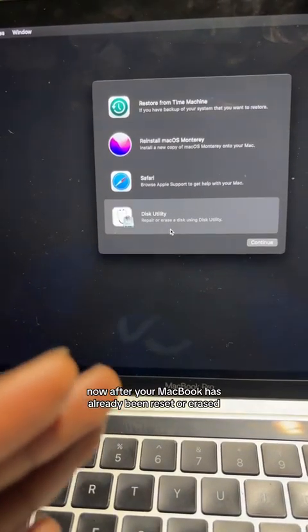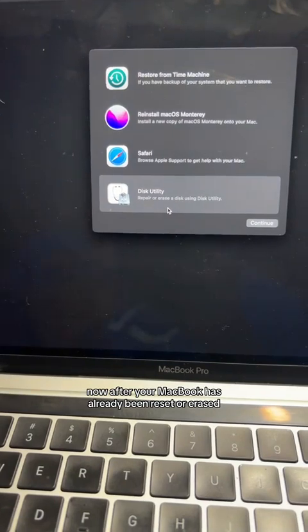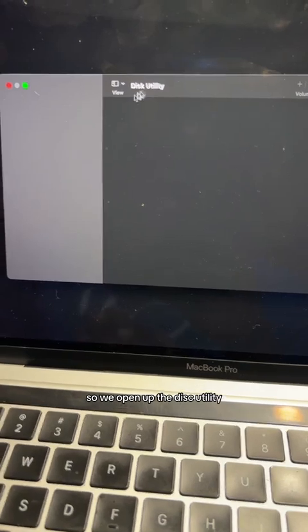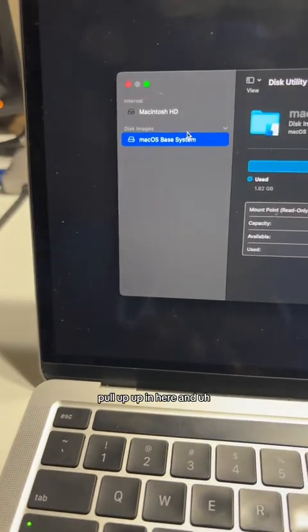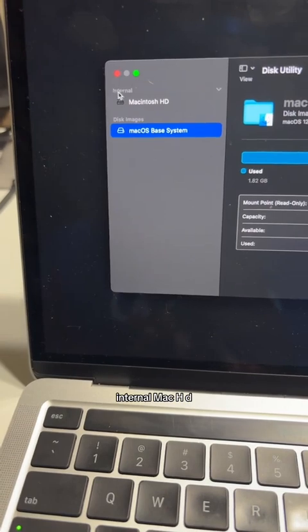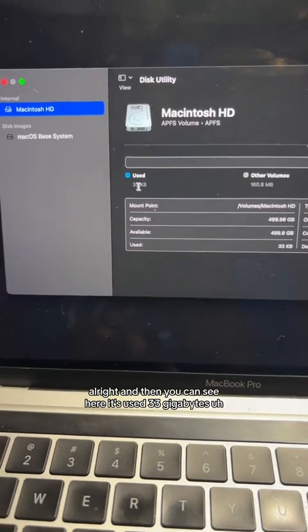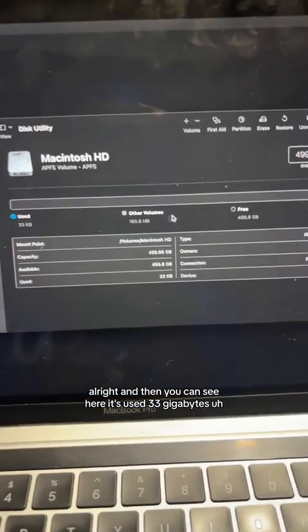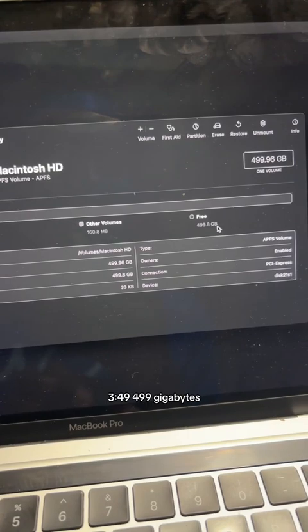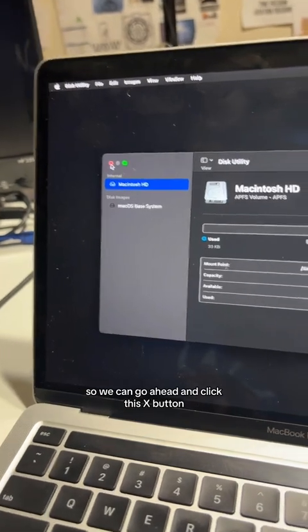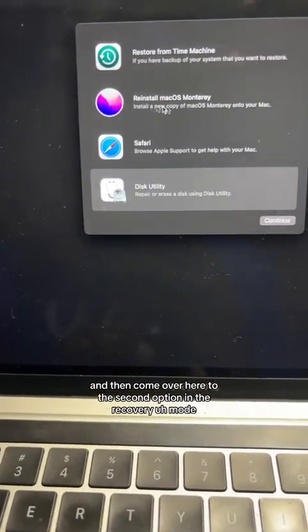Now, after your MacBook has already been reset or erased, we want to double check to make sure that it's complete. So we open up the Disk Utility, and you click on this first one, internal Macintosh HD. All right, and then you can see here, it's used 33 gigabytes, free 499 gigabytes. So basically there's nothing on it. So we can go ahead and click this X button